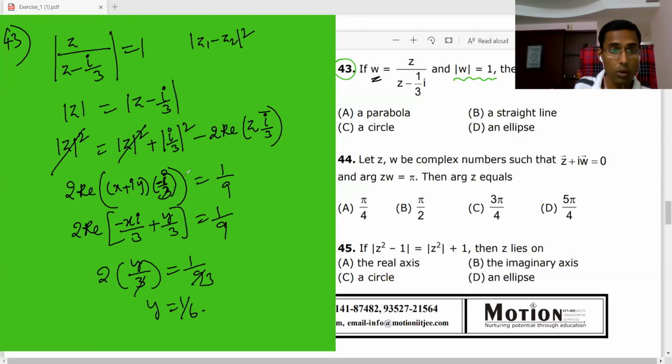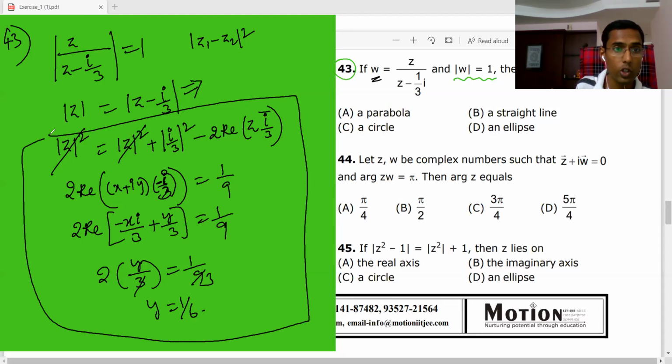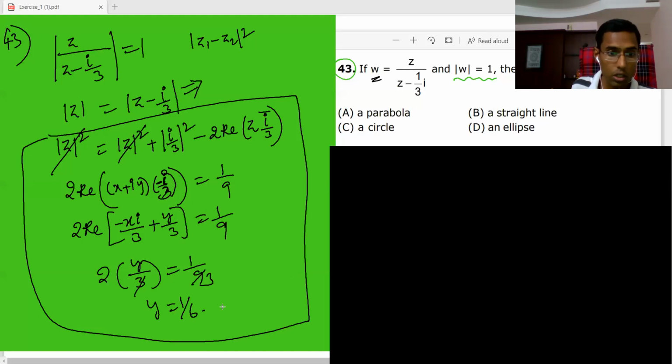This is a big method, but if you understand the definition, it is going to be very simple and easy. Instead of doing all that, you can very easily do this. What is the definition we discussed? It is a very simple definition that we discussed. So we'll apply that definition. So here I am doing.